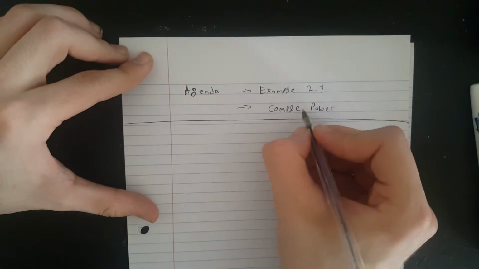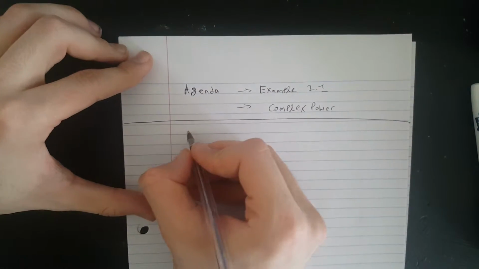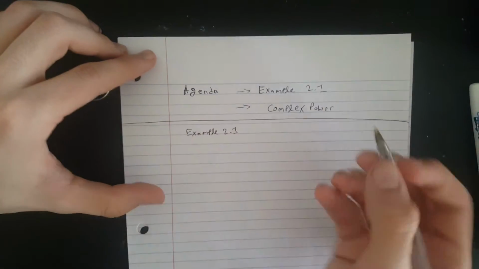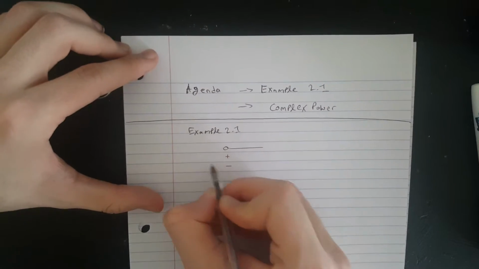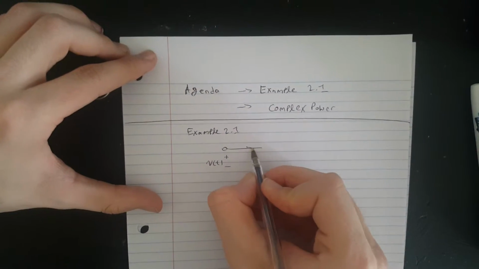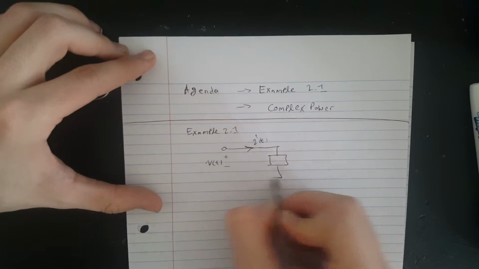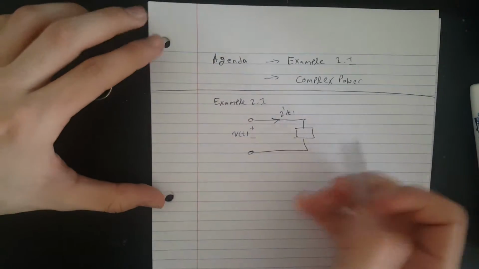All right, let's get started. So, example 2.1. They gave you something like this, if you remember: some time varying voltage and time varying current and the load. And then they tell you, okay,